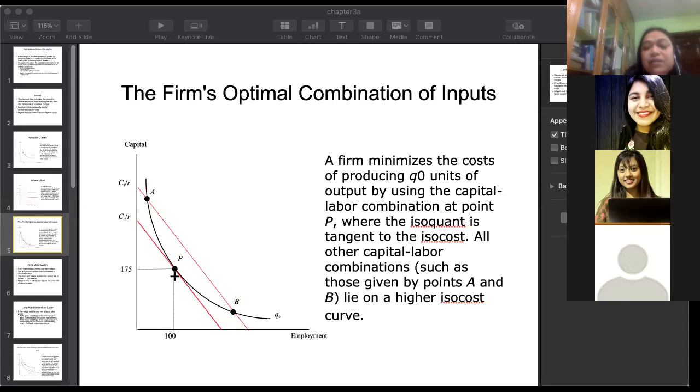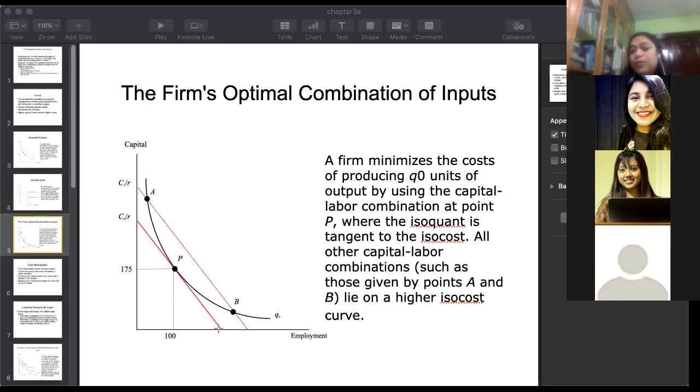And the tangency is saying that you cannot go below this point. At any other iso-cost, either they are intersecting or they are unreachable. Okay, so this is the profit maximizing or cost minimizing combination of labor and capital employment. Now, what happens with this tangency condition? What do we observe? We see that the slope of the iso-quant is equal to the slope of the iso-cost curve. What is the slope of the iso-quant?